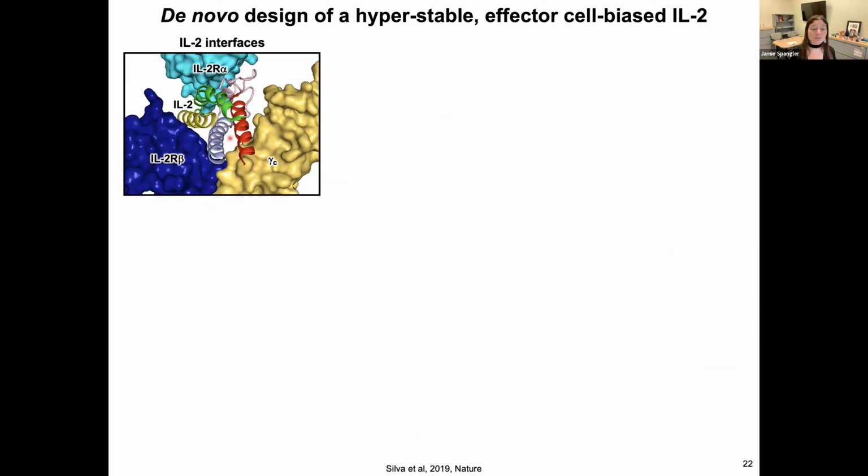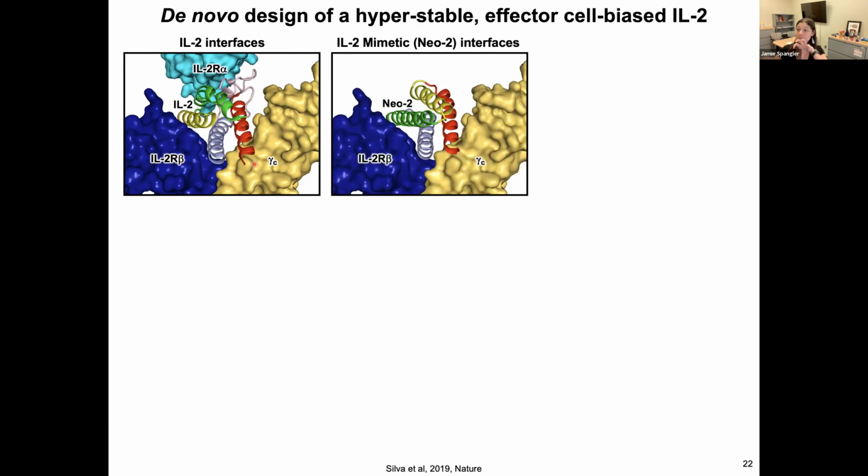So what we did in collaboration with David Baker's group was we focused on these bottom 3 helices shown in yellow, blue, and red here, and rebuilt this green helix. So we isolated the interactions that were relevant to forming the shape and complementarity of the cytokine interaction with these beta and gamma chains. And then we isolated those in 3-dimensional space and then built piece by piece, essentially a 4-helix bundle that not only would recapitulate those interactions without the interactions originally shown with the IL-2Rα subunit, but also for enhanced stability. To really pack the core of that 4-helix bundle so that we could have a much more stable version of